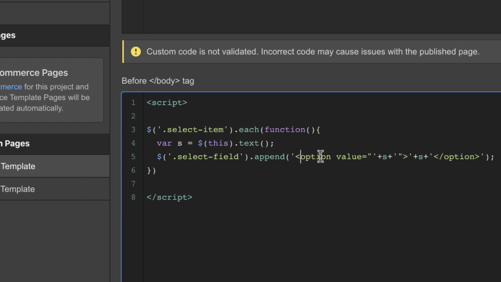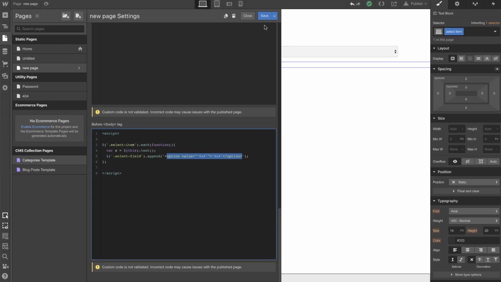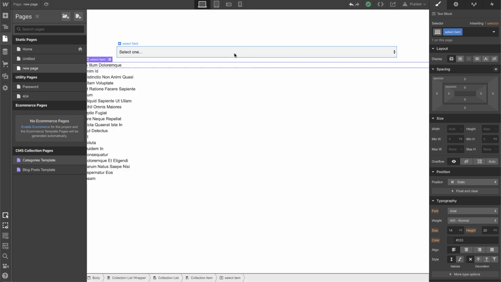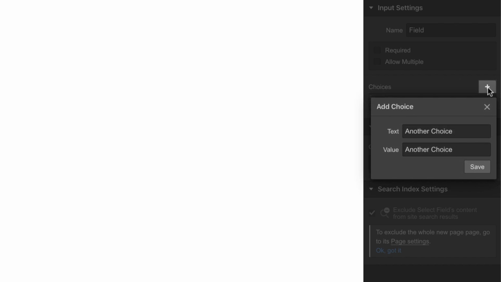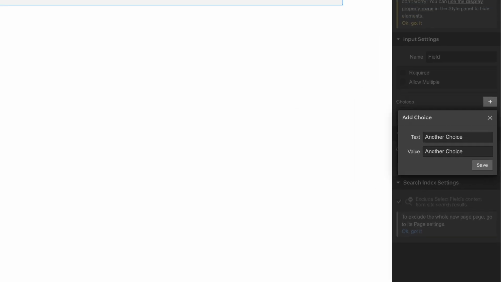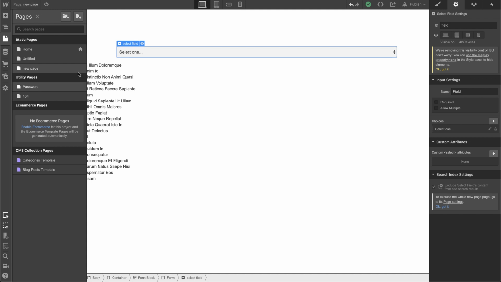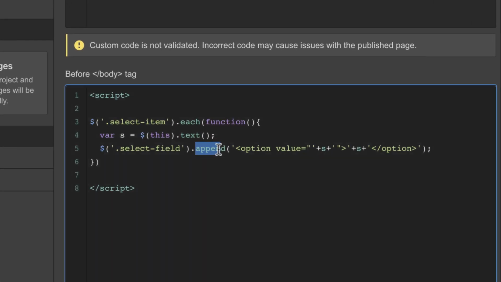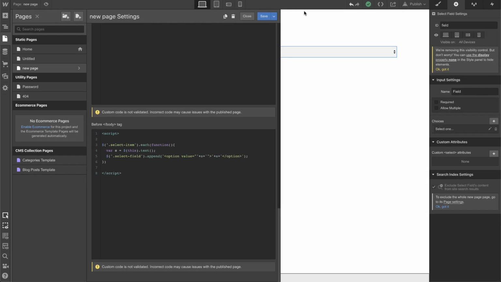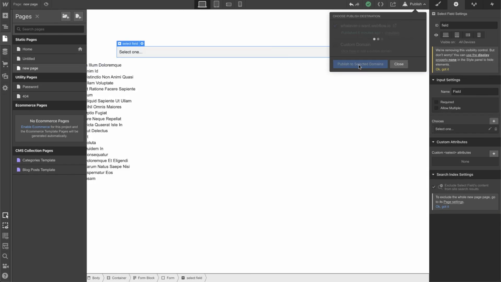So what this is doing right here is dynamically doing this. So see the text and the value? That's what we were doing right here for the text, for the HTML. So append the text and the value. All right, save, publish,